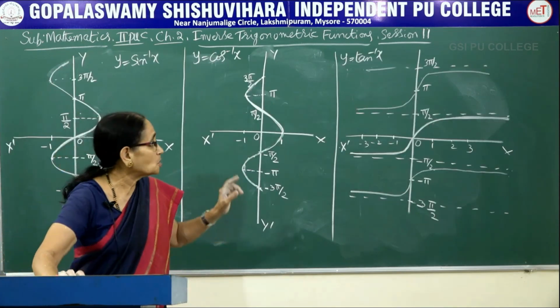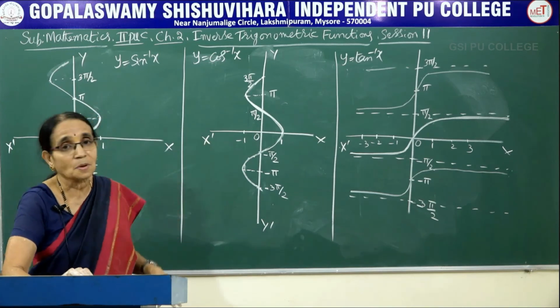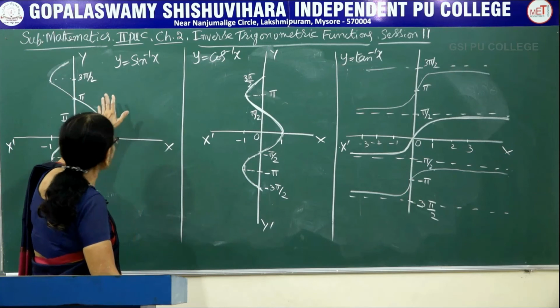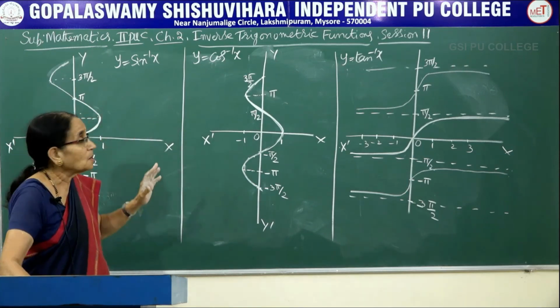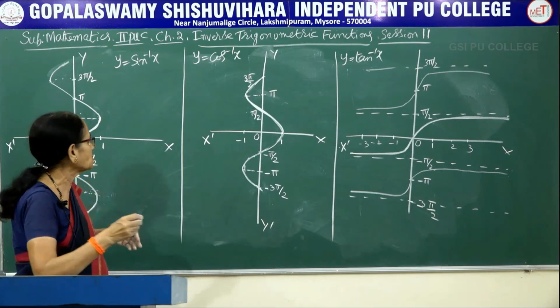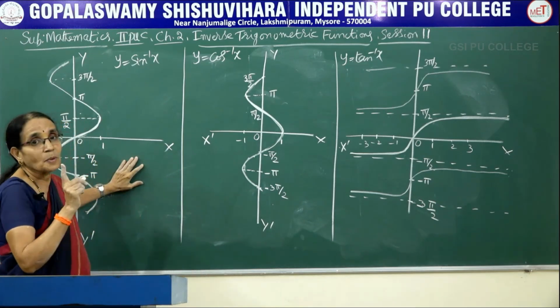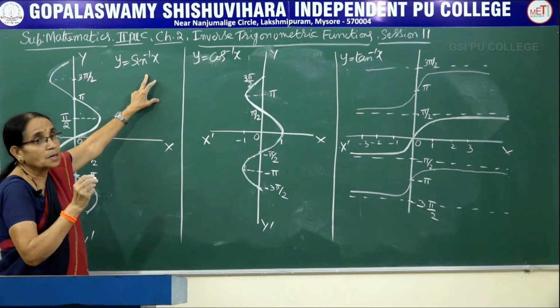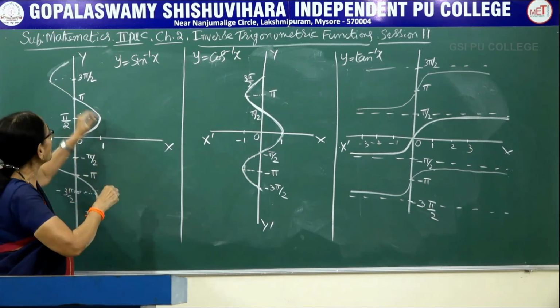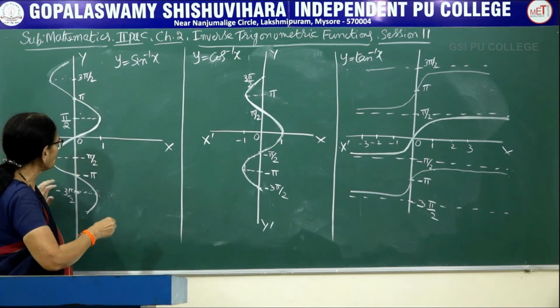Yes, I told you just now that I will be giving you the graphs of the inverse trigonometric functions. Look at this one. The first one is y equal to sin inverse x. You have learnt about the graph y equal to sin x, which is the sine wave. In this one, what's the domain of the function? It is minus 1 to plus 1, which would be on the x-axis, and the values of y would be on the y-axis.